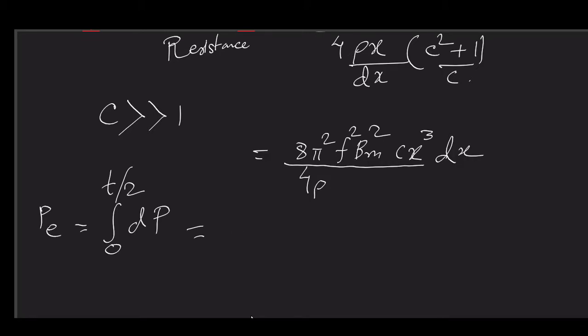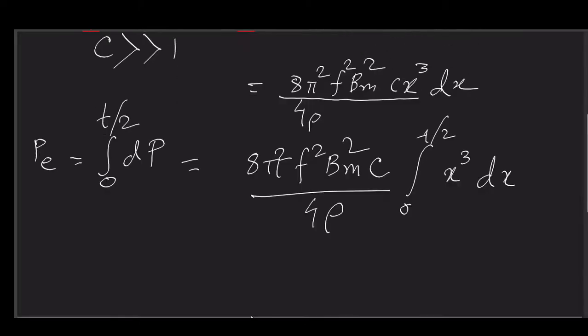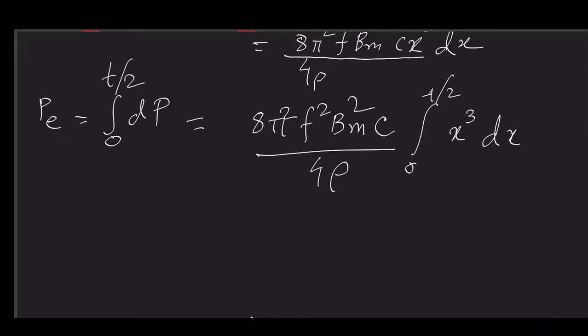Obviously integration is running from 0 to T by 2, 8 pi square f square bm square, 4 rho, then here it is c, integration running from 0 to T by 2 x cube dx. So finally it results as something like